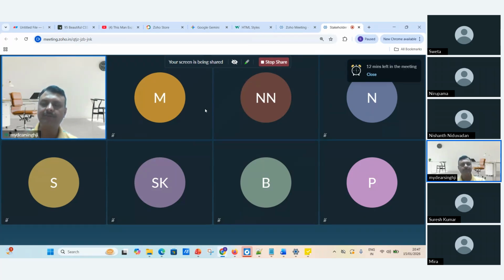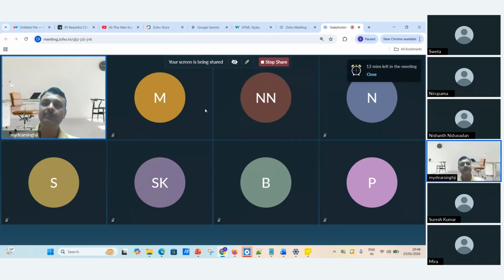So 4-5 estimation techniques are mostly used. The first is analogous. What happens in the analogous? We see that some project we already completed in the history, and the same project has come. So how are we going to do it? We take the historical estimation and think that this project will also take this much time, these are the resources, this is the budget. That comes under the analogous estimation. There is not much accuracy, so we use analogous estimation very little. It depends on the historic data.